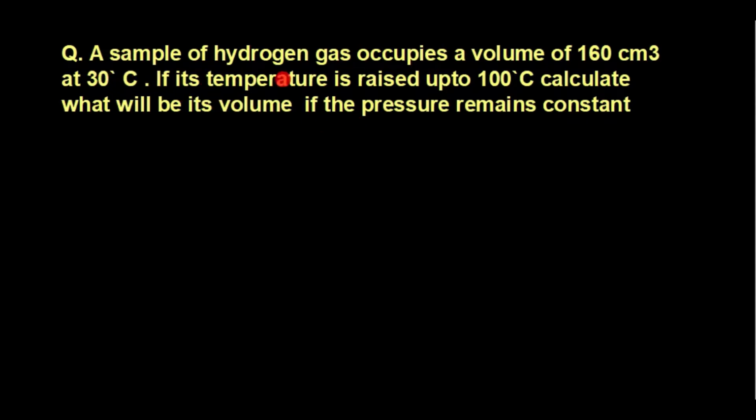A sample of hydrogen gas occupies a volume of 160 cubic centimeter at 30 degrees centigrade. If its temperature is raised up to 100 degrees centigrade, calculate what will be its volume if the pressure remains constant. Now to solve this numerical, we will write the data. First of all, we will write the data for this question. The data will be,